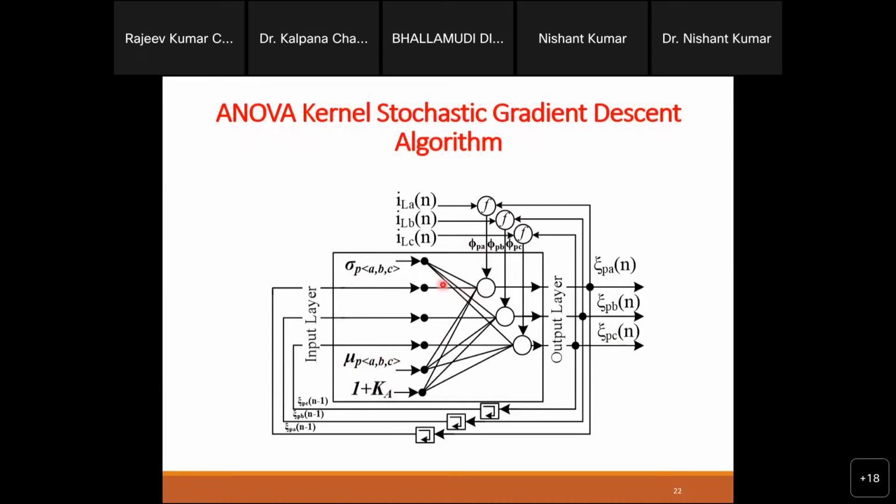So that's why this is a single layer neuron, but it is suitable for every type of system, every rating of system. It will not depend on the rating of the system, meaning whichever plant you are going to use it for, smaller or bigger, it is suitable for all, right? So it is not dependent on those things. Okay, so this is the structure of the single layer neurons.